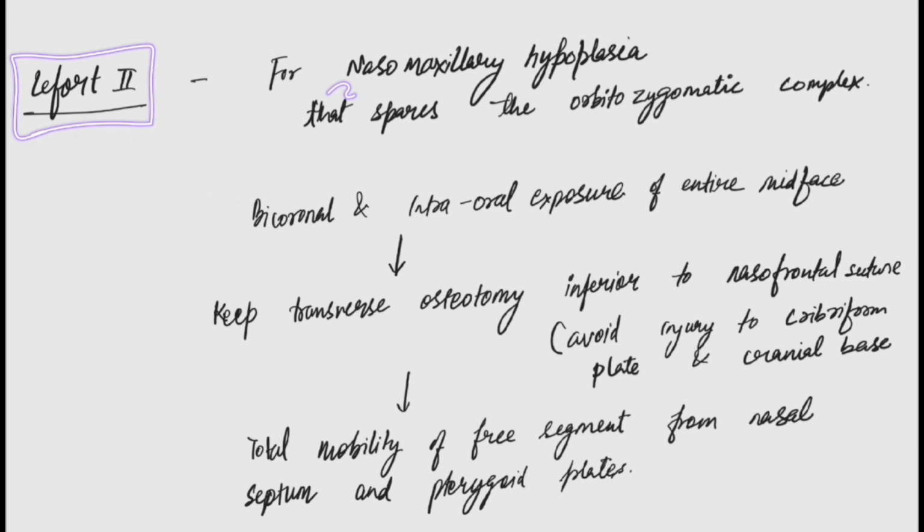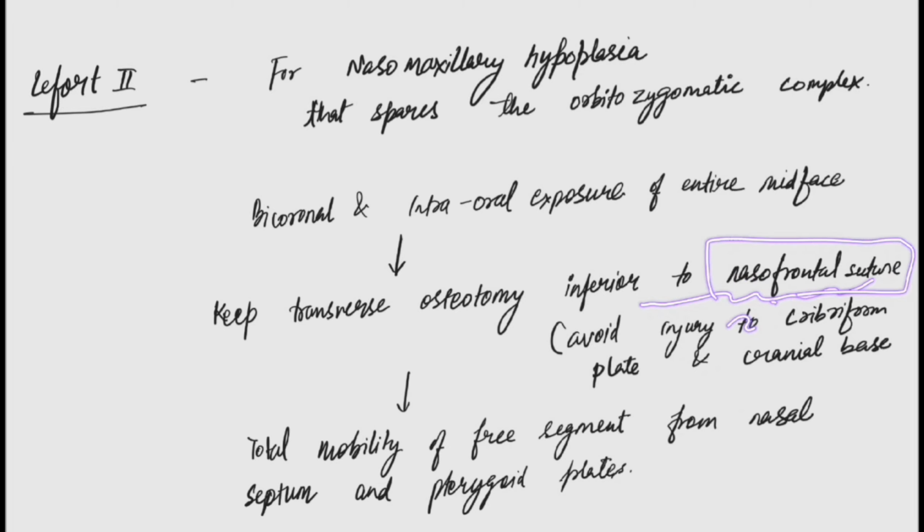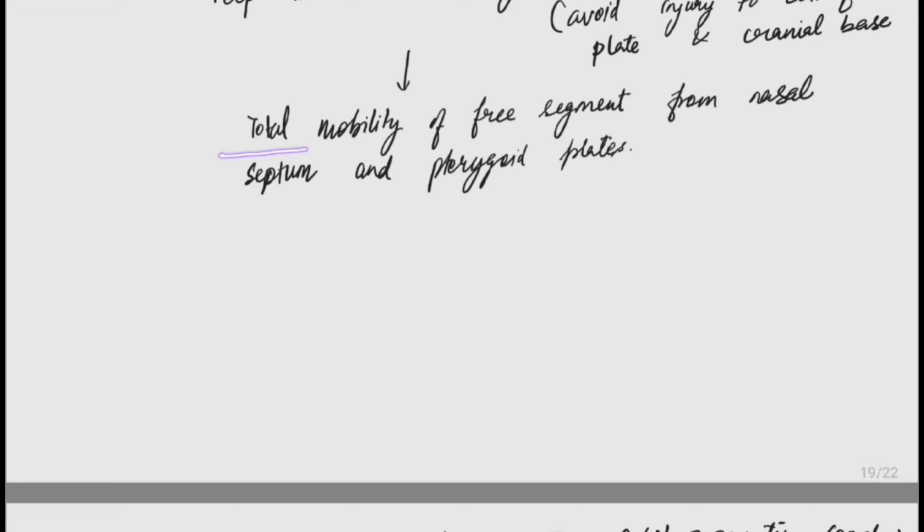Le Fort 2 osteotomy is done in cases of nasomaxillary hypoplasia where the orbitozygomatic complex is spared. Here we go for bicoronal and intraoral exposure of the entire midface followed by transverse osteotomies. These transverse osteotomies are inferior to the nasofrontal sutures because if we go above the nasofrontal sutures, there are chances of injury to the cribriform plate and the cranial base, which may lead to CSF leak and meningitis. Here, we have to make sure that there is total mobility of the free segment from the nasal septum and